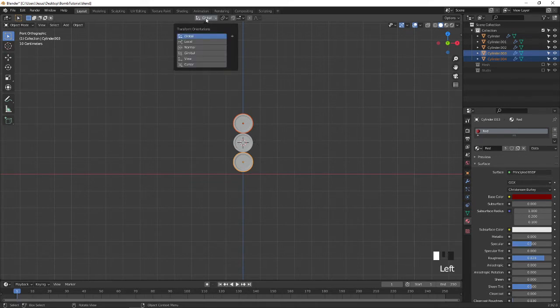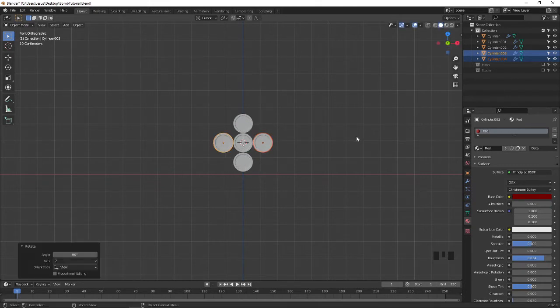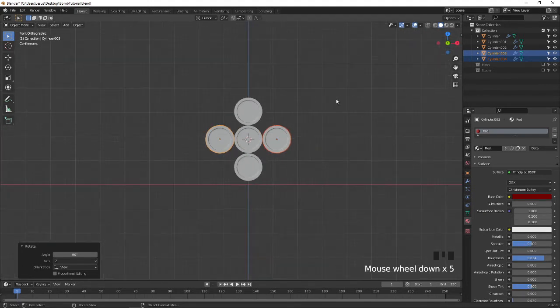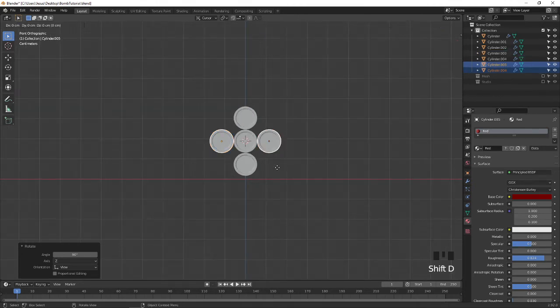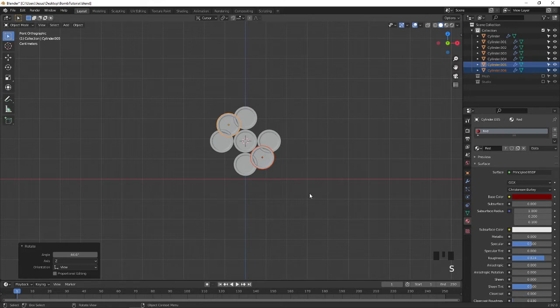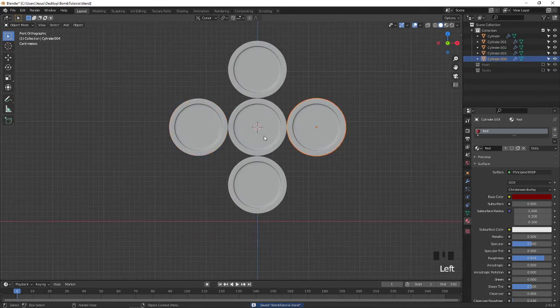Go to this global option, select the cursor, press R to rotate, use the Control key, you can rotate in 90 degrees. Okay, now it's rotated 90 degrees, and again I am going to do the same. Shift D, right click to cancel, rotate at more of an angle, and S to scale. Sorry, I unset it the same, because we can add it singly, it will be easier for us.